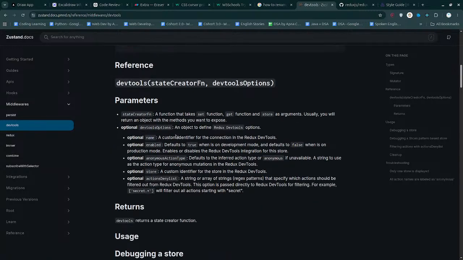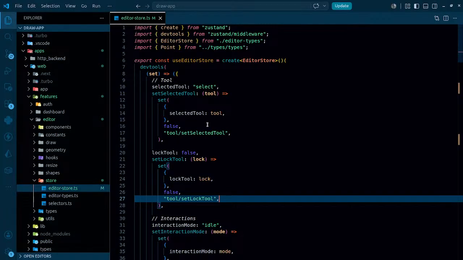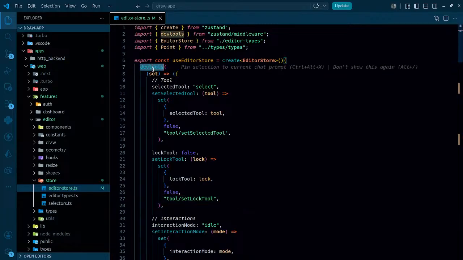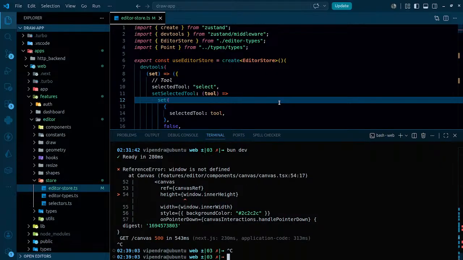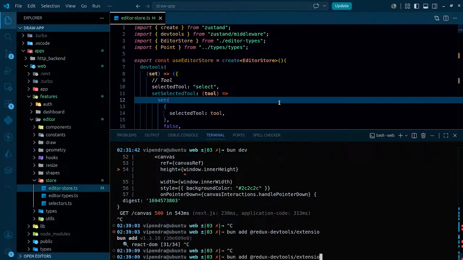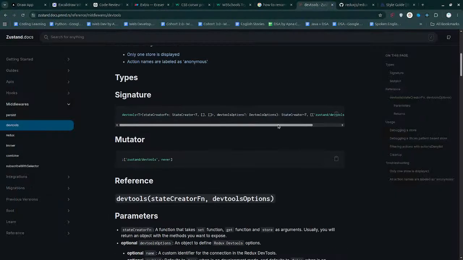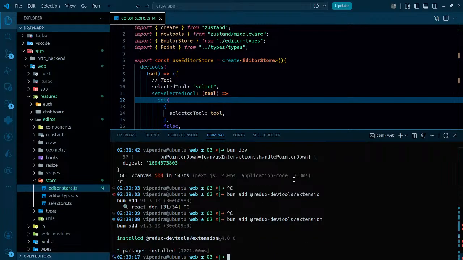And once this is done, then I can use it like this. As for right now, I am getting this DevTools, and it is coming from Zustand. So even then, probably I need to just simply add this DevTools extension. Actually, sorry, it should be an n at the end if I'm not wrong. Yeah, so if I just simply install it,